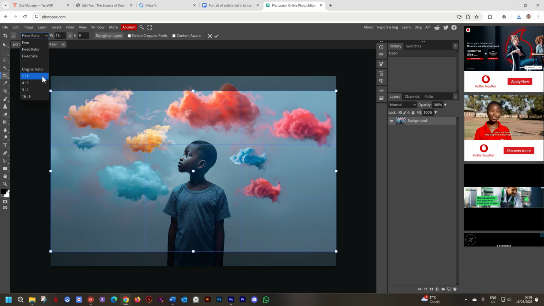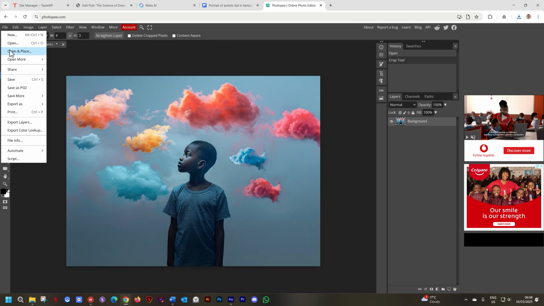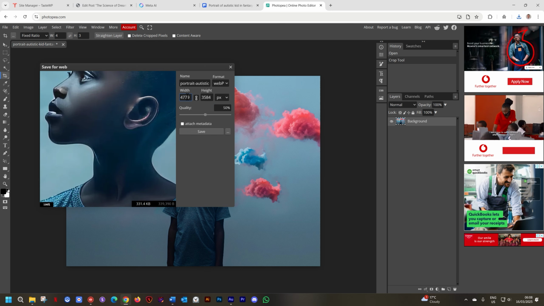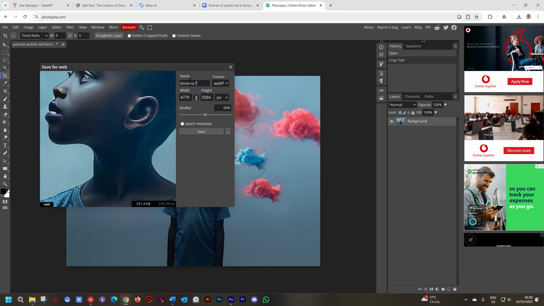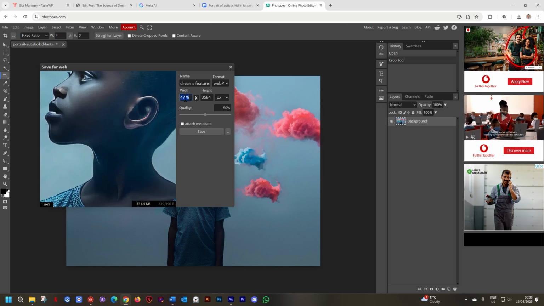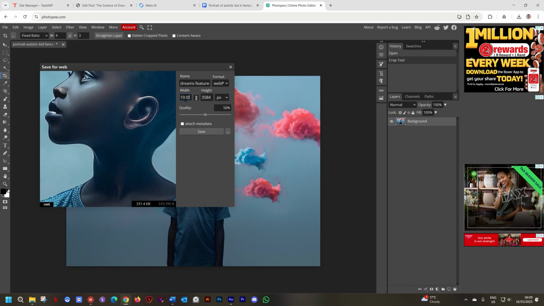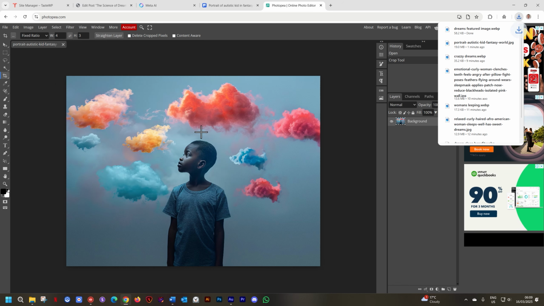So I'll go and I'll select 4:3. I'll say yes. And now I'm going to export it. But this time, our width is going to be different. Let's first give it a name, and we call it Dreams Featured Image. And then for the width, I'm going to make it a full HD width, which is 1920. And then if I tap, it will give me that 1440 that you see over there. Luckily, it is still a tiny image. It's 59 kilobytes. And I'll click on Save.